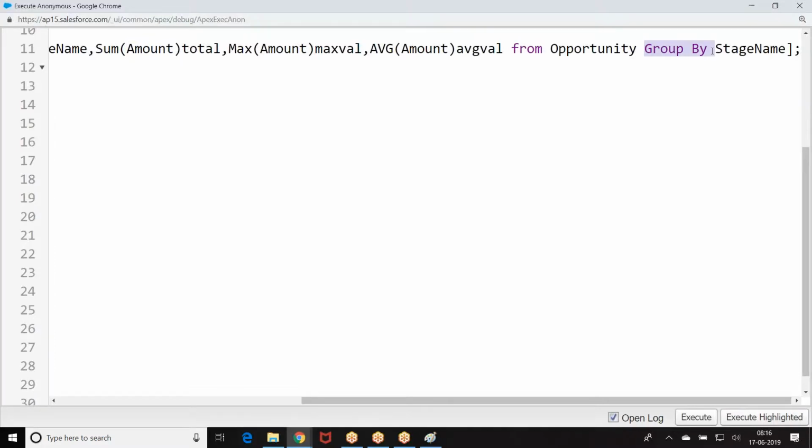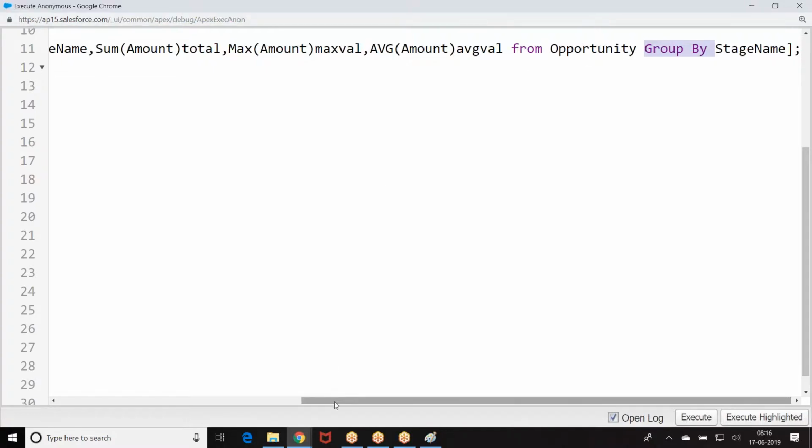Any field which is part of the group by clause or aggregate function, only those fields can be queried.